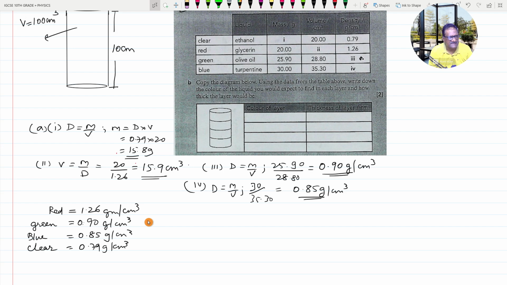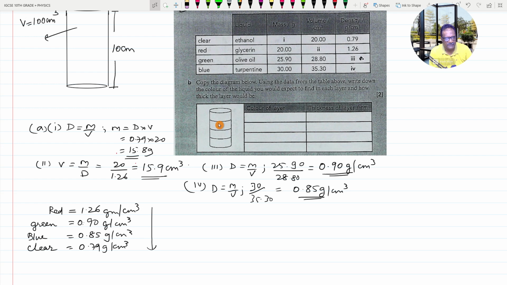From 1.26, it has come down to 0.90. From 0.90, it has come down to 0.85, and from 0.85, it has come down to 0.79. So density is going on decreasing, and the color of the corresponding densities liquid are red, green, blue, and clear. Okay. Now you know that in the measuring cylinder, the liquid with the lowest density will be occupying the space